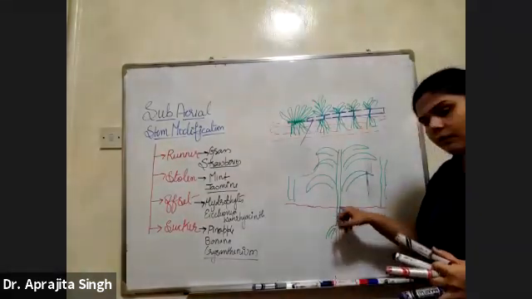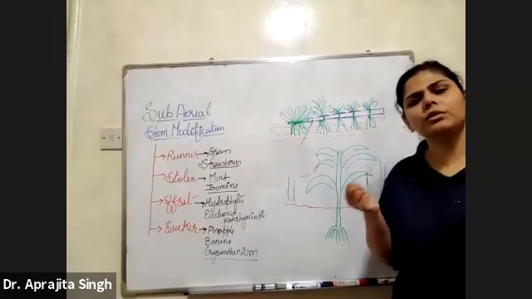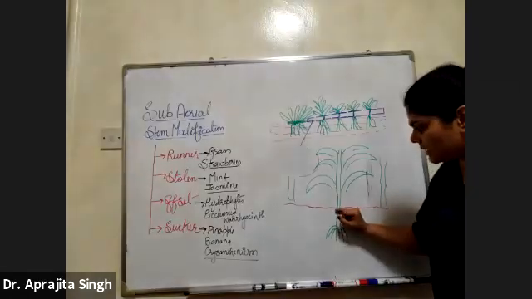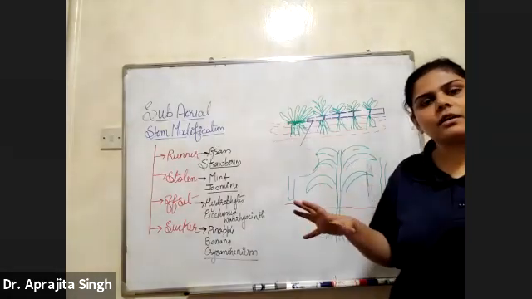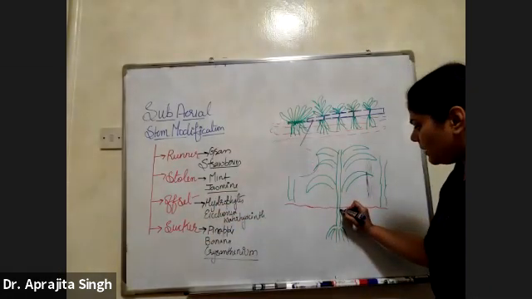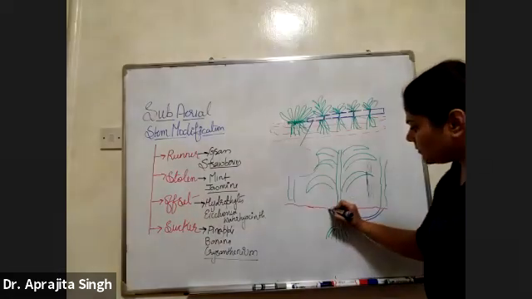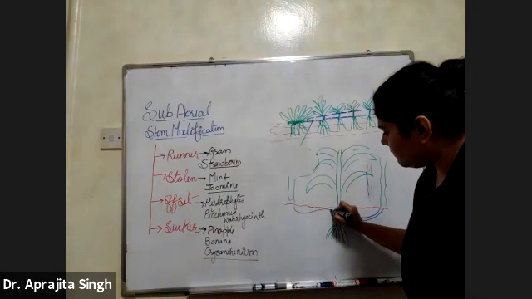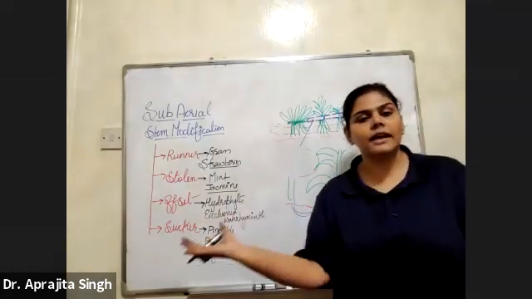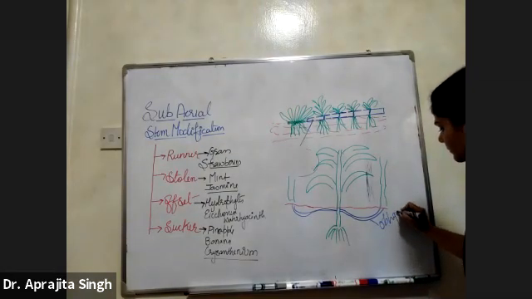We are counting this in the subaerial region because it is present just below the soil. Not exactly underground, but just below the soil, very near to the soil. That's why we have put this in the subaerial condition. See what will happen. From here, the stems will modify like this, very near to the ground. And this is known as the oblique growth. Like this, they are coming out of the soil.